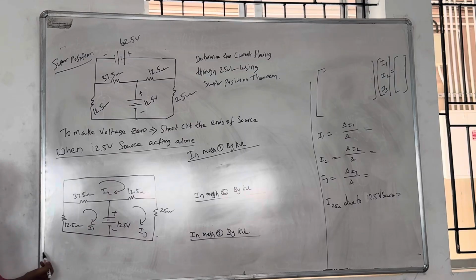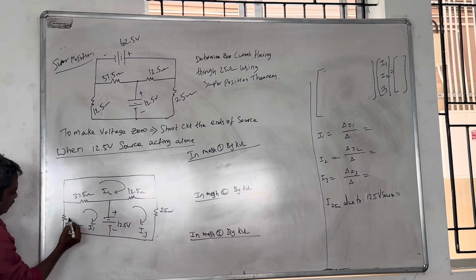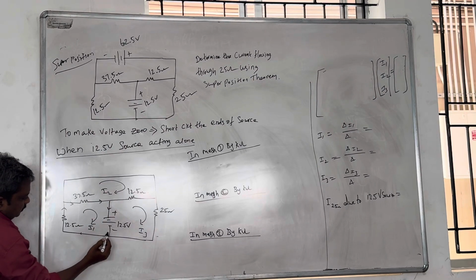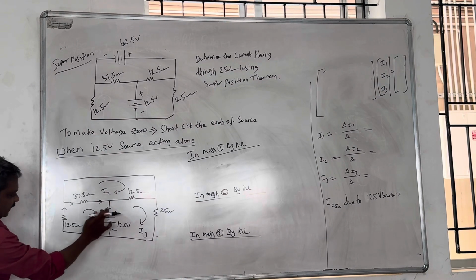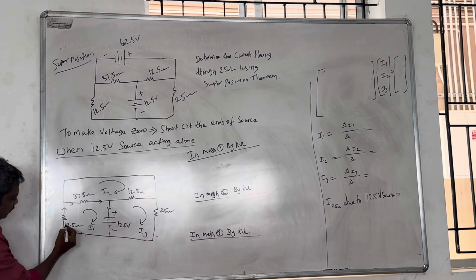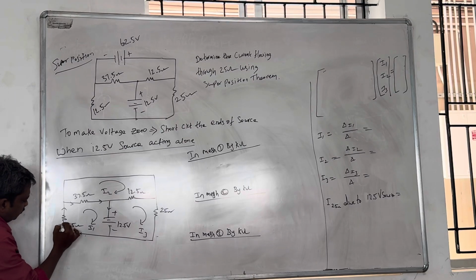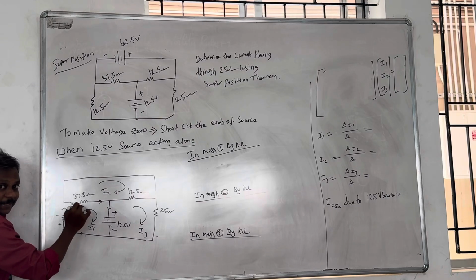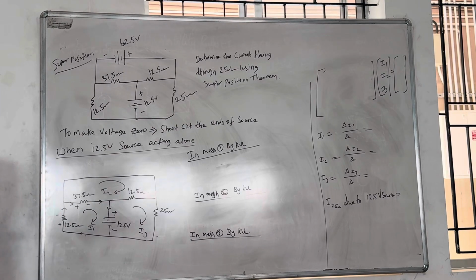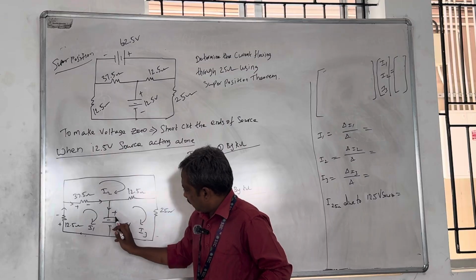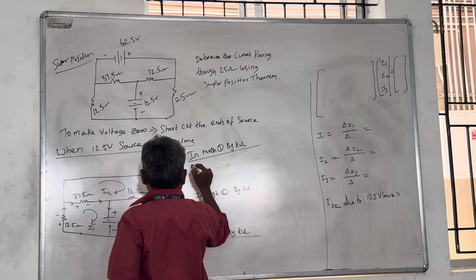Come to I1. I have considered a clockwise direction, so current will flow in this mesh like this, okay? There are three elements. You consolidate these three elements. Since this is absorbing power, potential is positive to negative. Come to 12.5. Entry is positive, leaving is minus. This is already having potential. So you consolidate. I am starting from here and completing here. Then the equation will become like